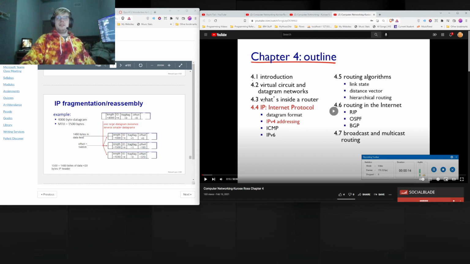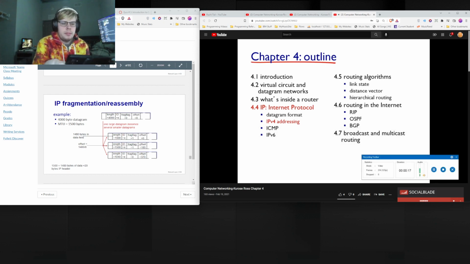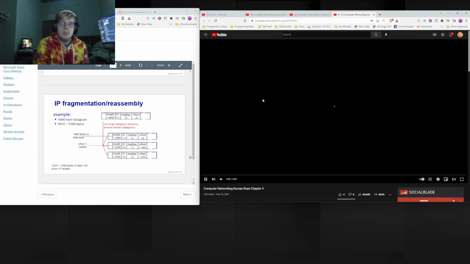Let's go. We covered many things about the network layer: we had an introduction, we talked about what is inside a router, and then the last thing we discussed was the datagram format for the IP protocol. IP is a very important protocol of the network layer. Now this week we are going to cover these subtopics of topic 4.4, which is